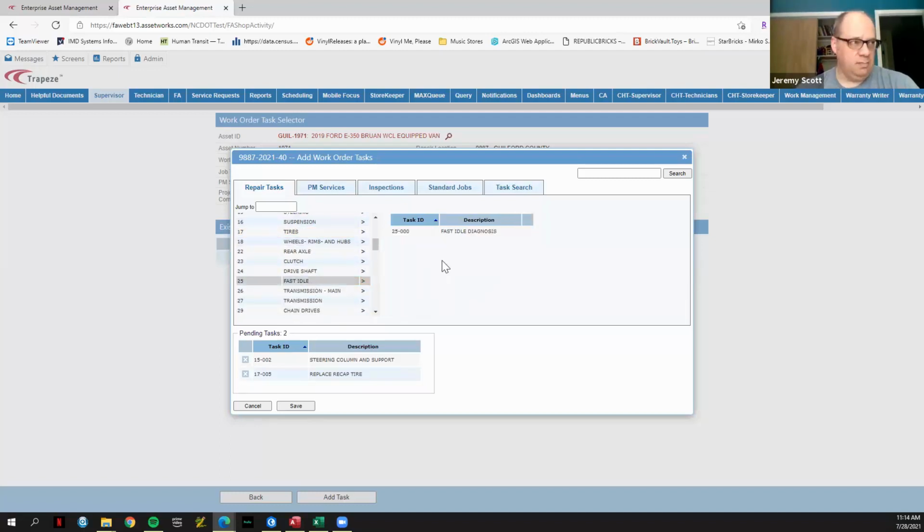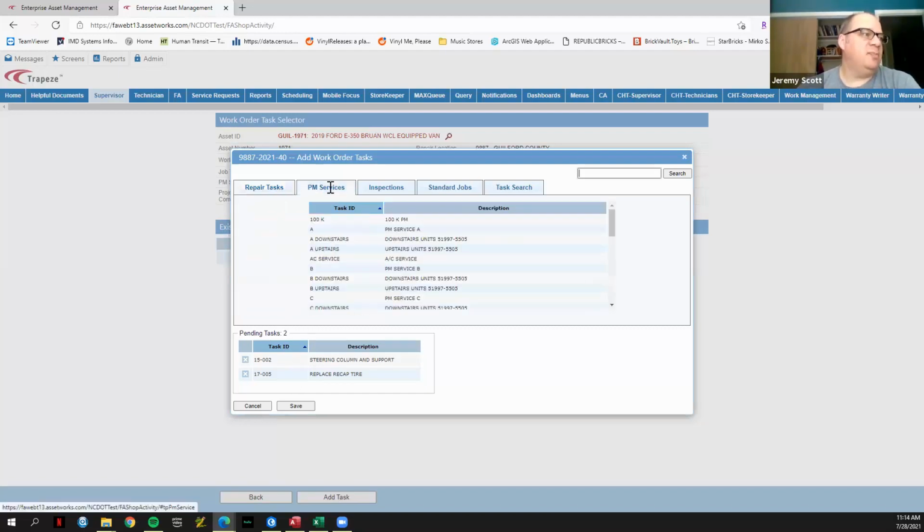And so this could be a scenario where maybe it went into the shop and they were doing a PM, and while it was there, they noticed that something needed to be repaired and they did it. And so it came back, and so they need to add these tasks after the fact. Or it could be that it's going in for PM service and you've noticed that the tires also need to be replaced. So you can add that task to the PM work order and have those done when it goes in for service. So once you get your tasks on here, and if you add a PM service, I mentioned